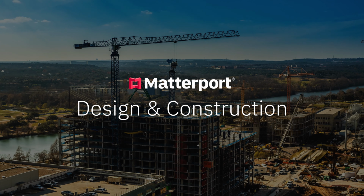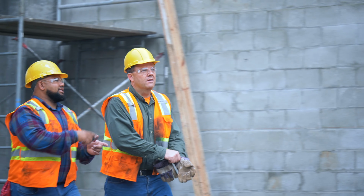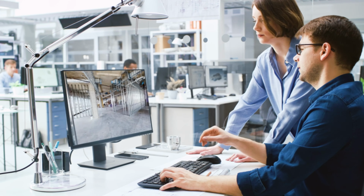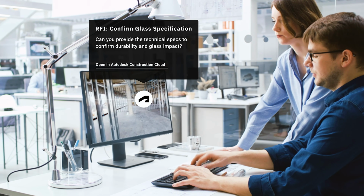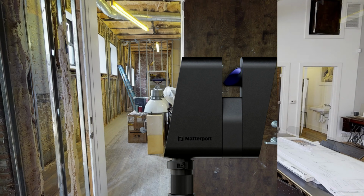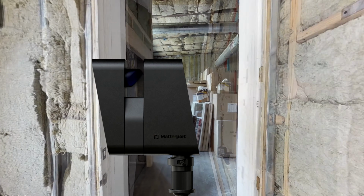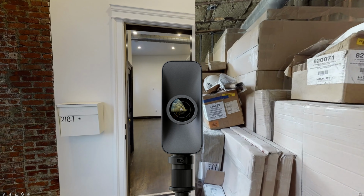Matterport's reality capture is revolutionizing design and construction management across every project phase throughout global portfolios. It all begins with 3D capture. Our groundbreaking Pro 3 LiDAR camera allows you to create photorealistic 3D digital twins and achieve precise, high-density scanning in